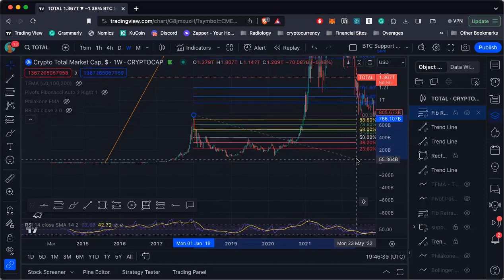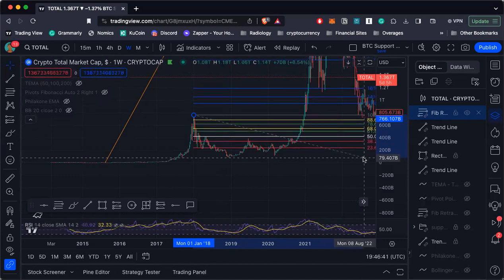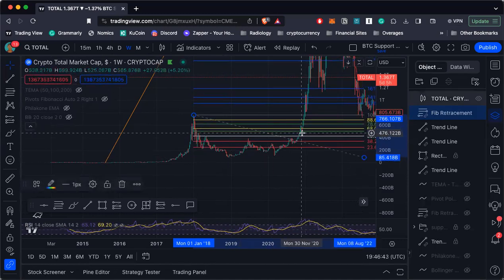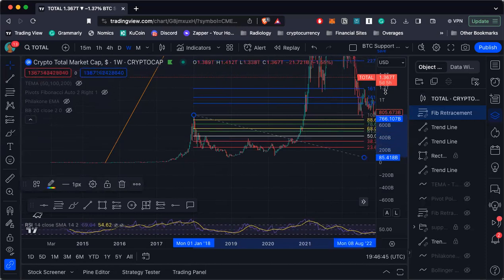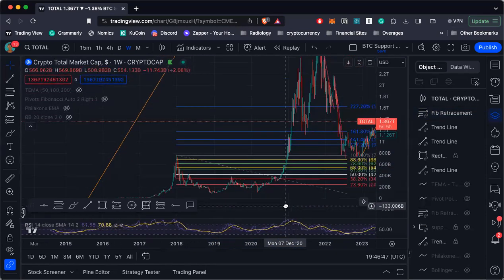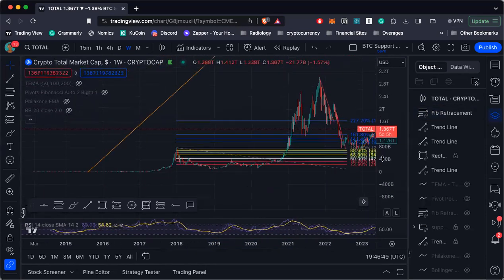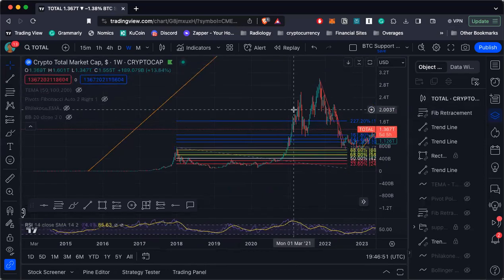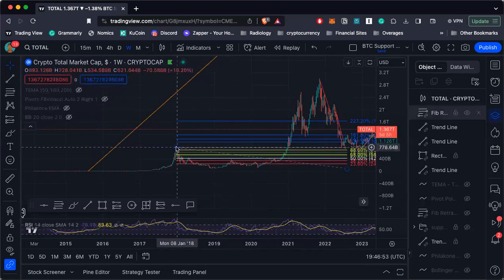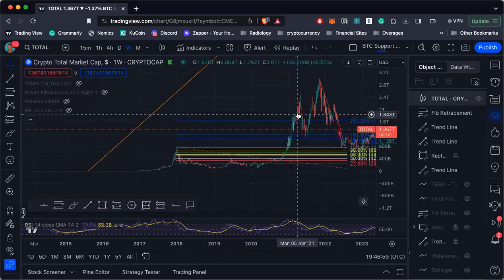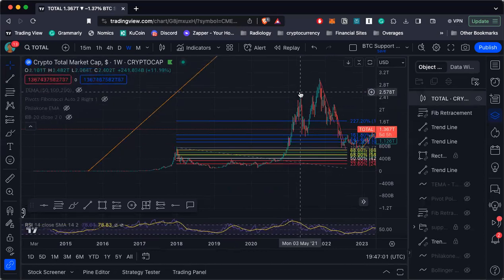Let's draw it even further so we can get as much info on the fib line as possible, so we can see where the fibs land with the next peak. As you can see here, from the 2017 fib, the price blew through to above